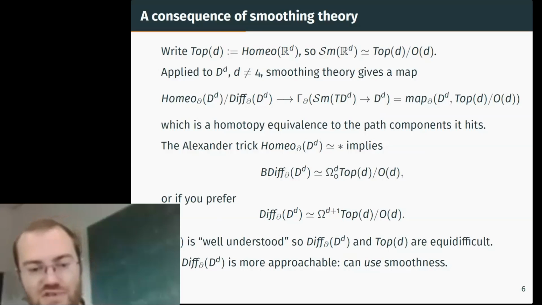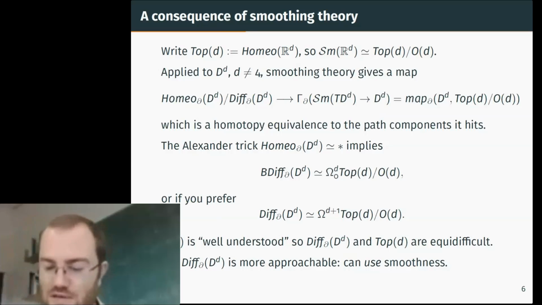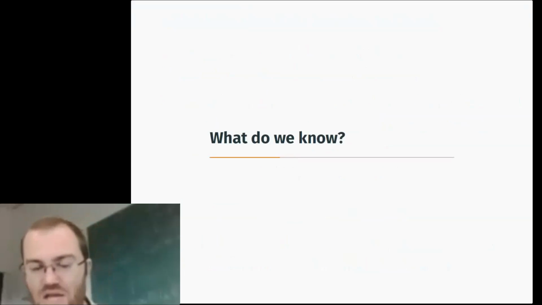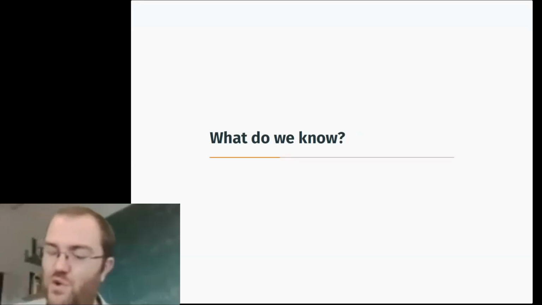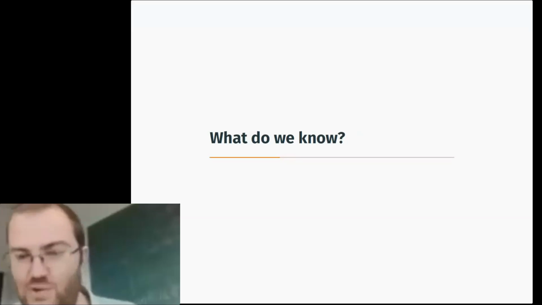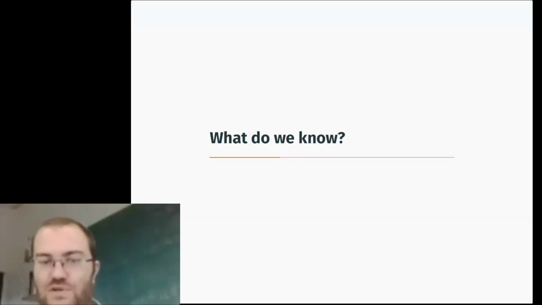But the advantage of diffeomorphisms of the disk is that you know they're diffeomorphisms, i.e. they're smooth, and that gives you many more tools to work with. For homeomorphisms of Euclidean space, it's very difficult to know where to get started. There's no local structure you can use, but for diffeomorphisms you can. So let me tell you a little bit about what we know about diffeomorphism groups of the disk, and that's completely equivalent to knowing about homeomorphism groups of Euclidean space.